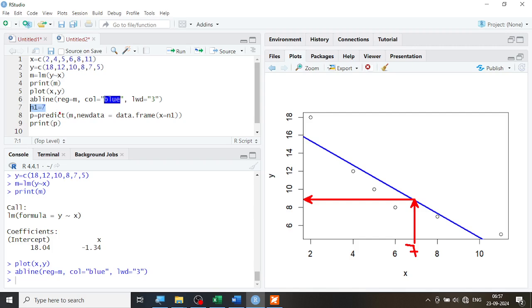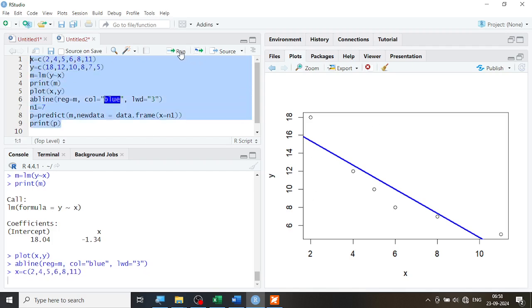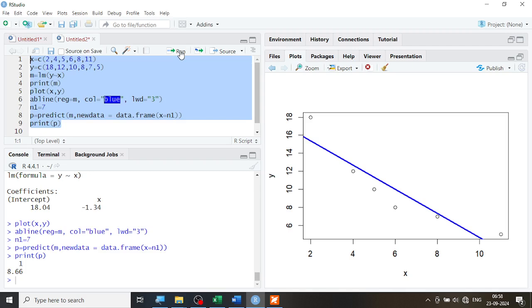This is what I'm saying, and whatever value you are getting over here, I'm storing it in p, and then I'm printing the value of p here. So let me select all of them, and let me run it and just show you what will be the value of that. So you notice that the value of that, when x is equal to 7, is 8.66. Some value you are going to get